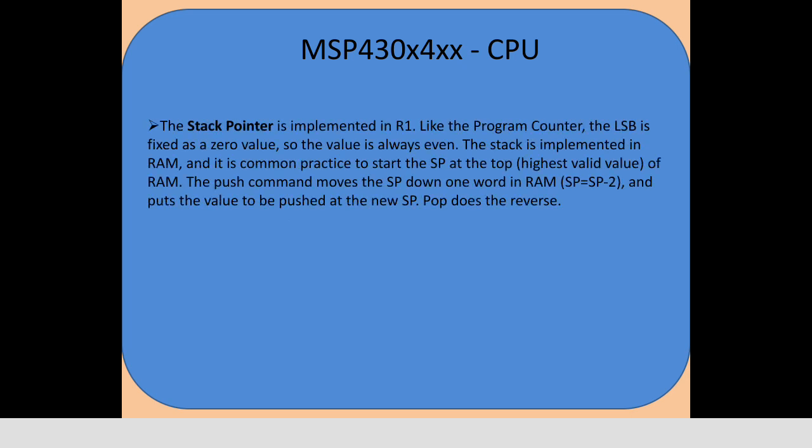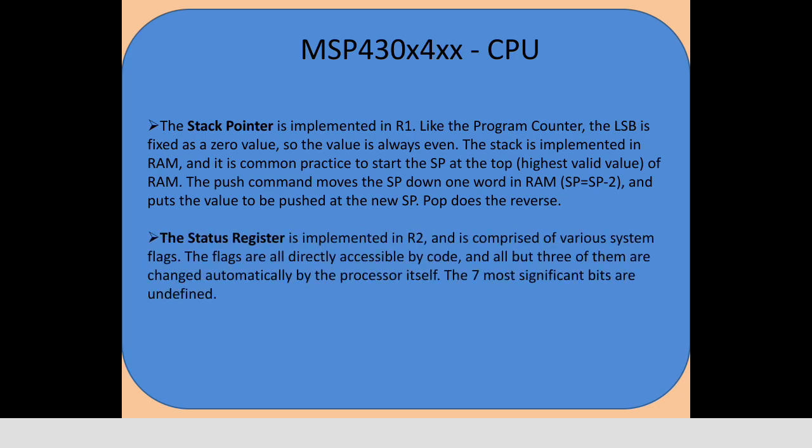And next we come to R1. R1 represents the stack pointer. The stack pointer always points to the top address of the stack. We can use the stack for storing subroutine programs, or sometimes special data. In MSP 430 we have RAM, random access memory, which we can use as a stack here. For the stack pointer also, the LSB bit is always 0, which means it always points to an even address.